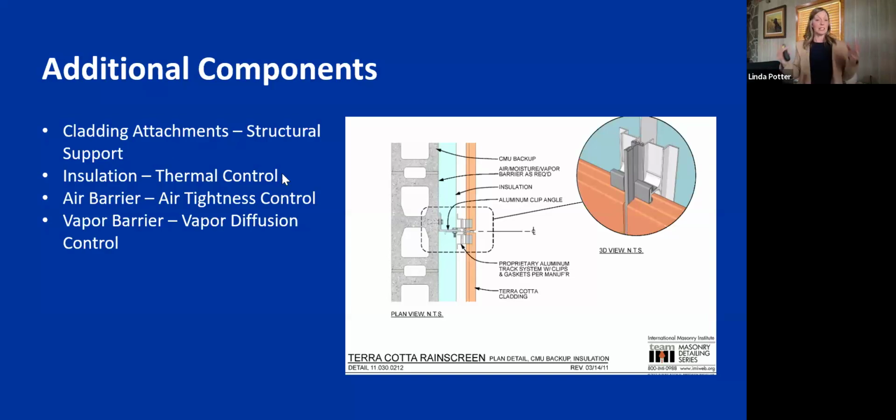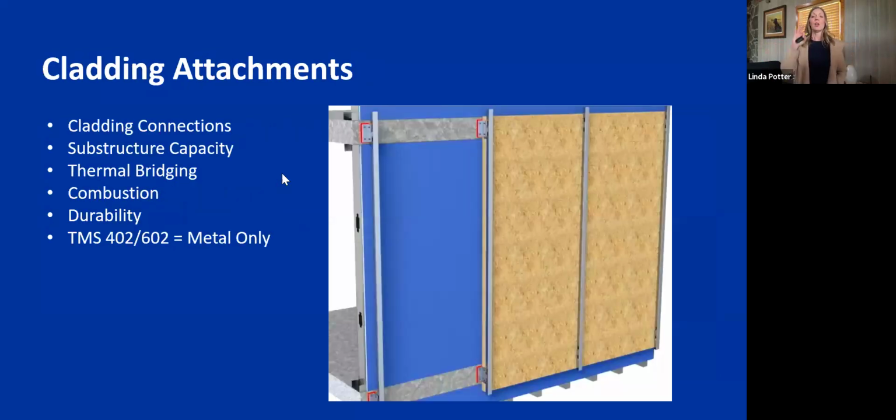But you've got insulation in there oftentimes now, you've got air barriers, vapor barriers. You're thinking about all these other parts of this system as you build your walls. So we'll walk through those individual things. When you're thinking about a cladding attachment, we're thinking about that connection between the panel and the backing. I'm thinking about the capacity that's needed based on the panel that's being chosen. I'm thinking about thermal bridging,